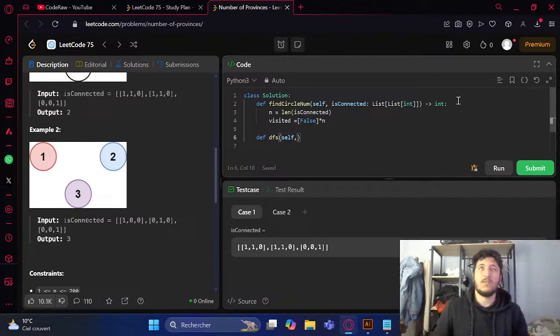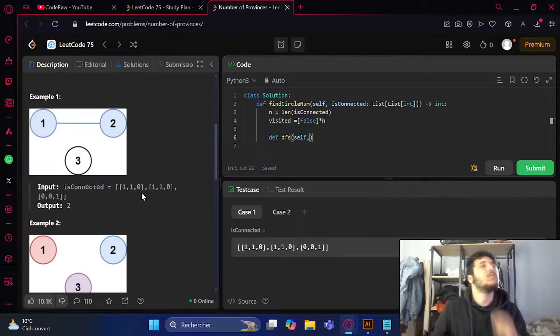Can I define it inside of these or not? I think I cannot, but I will try anyway. So how do we check if we visited this node or not? Matrix of